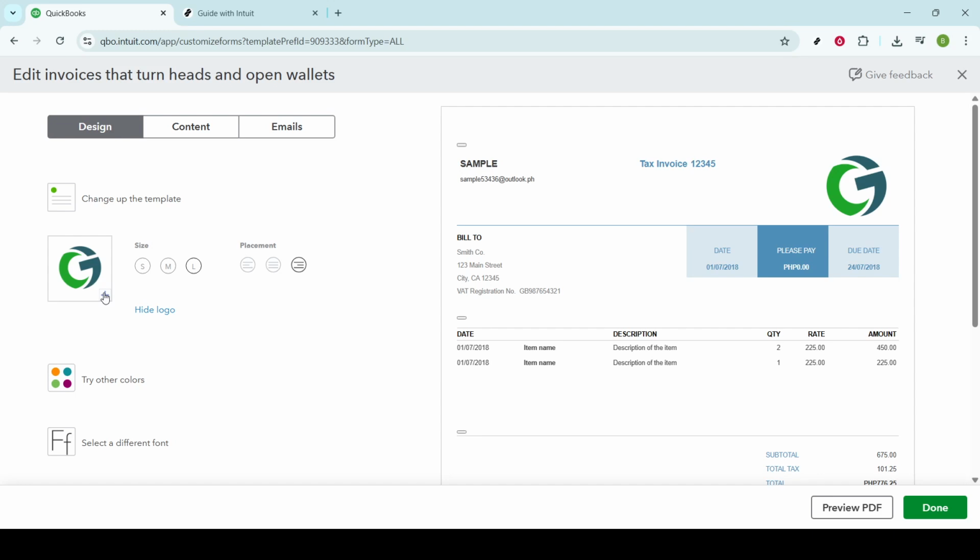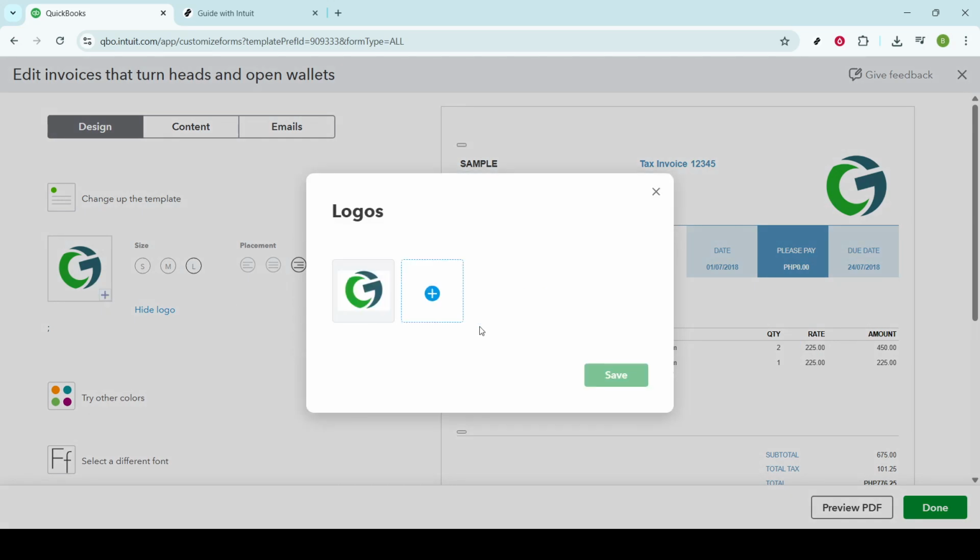When you click through to the logo section, you'll have the opportunity to upload or browse your desired logo image. Make sure that your logo file is in an easily accessible location on your computer and is typically in PNG or JPEG format. It's also important to ensure that your file is of high quality and clarity so it presents